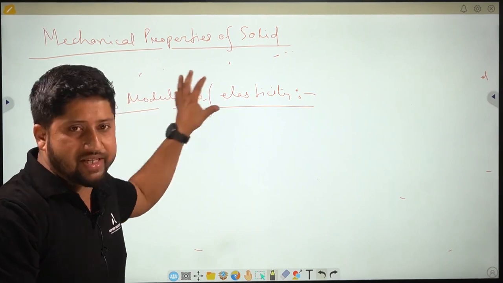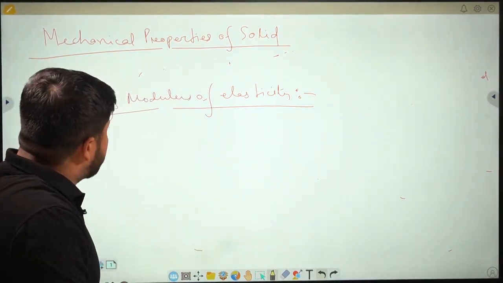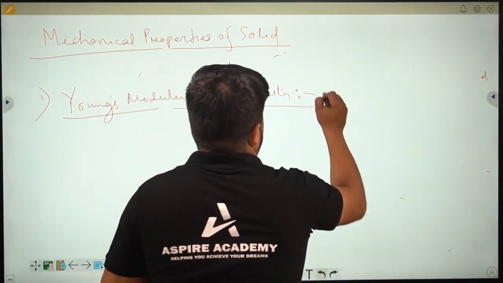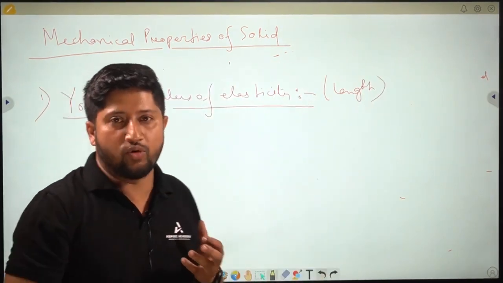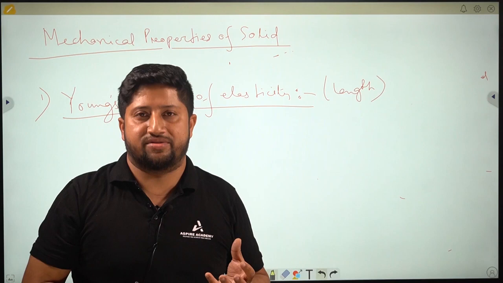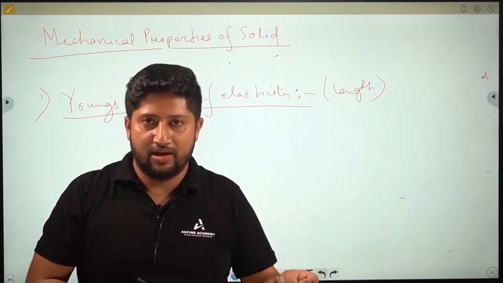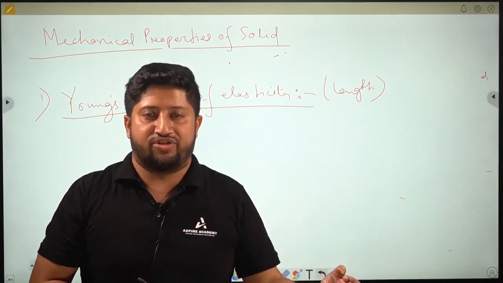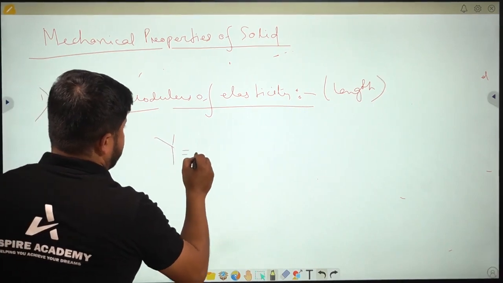So what is a constant term? This constant term, how can we represent it? Young's modulus of elasticity is in the case of length. We know the modulus of elasticity is stress by strain. So Young's modulus of elasticity is the ratio between longitudinal stress divided by longitudinal strain. Now Young's modulus of elasticity, Y, we can represent as